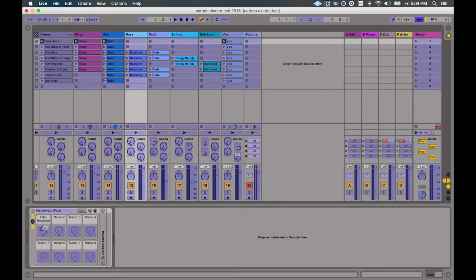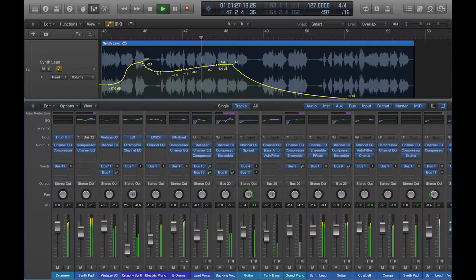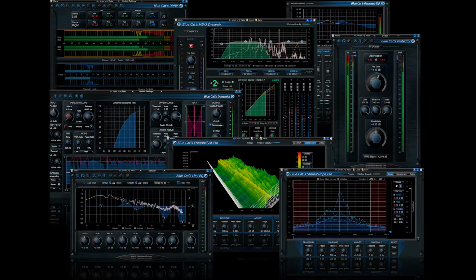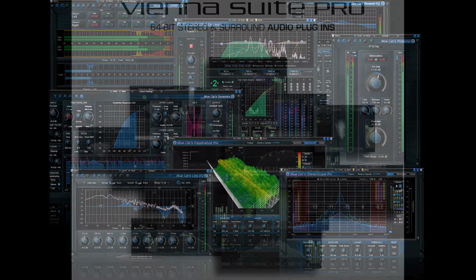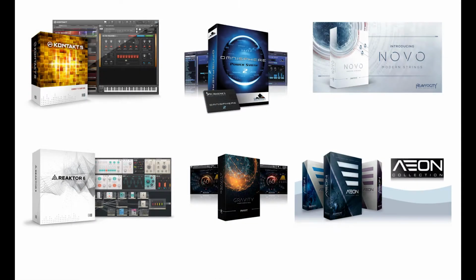You've got a mixer with channels and buses, and you've got a very powerful plugin architecture which allows you to insert sound processing elements into each channel and each bus, like dynamics, compressors, EQs, reverb, delays, flanges, etc. Now, this plugin architecture allows zillions of external plugins made by external manufacturers to be usable within these host applications, and you can get just tons of synths and effects, and whatever you're looking for, whether it's calm, dreamy,